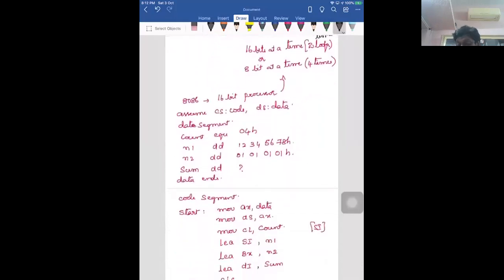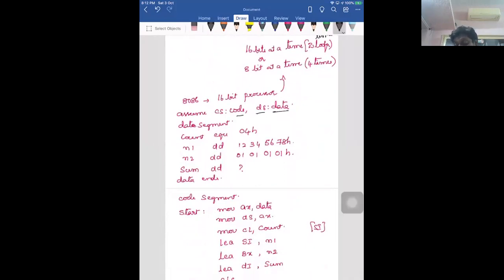As usual, we assume CS comma code and DS colon data. We start with the data segment. We are defining a logical data segment, which is not physically seen. Count equ 04H. Why are we giving a count?